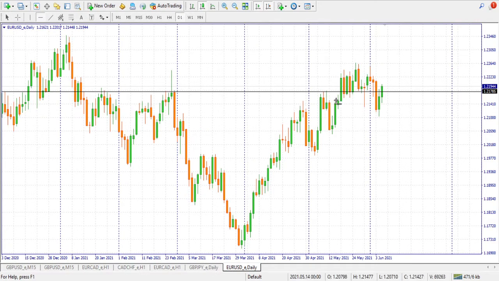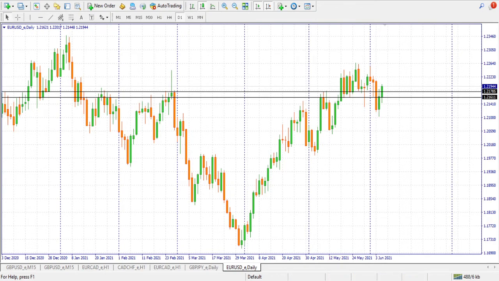Then we had this as a resistance. We had a resistance here. There was this breakout. The price consolidated above this level before it broke below it. As we are speaking now, the price is slightly above the same place. So as it is now, if the current day's candle, that is if the price closes above 1.21943, then that